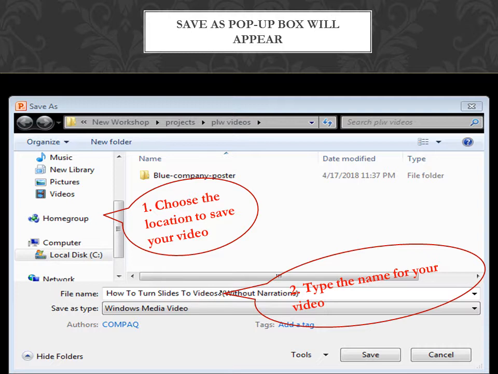As you can see here, I have the name for my video as How to Turn Slides to Videos with Narration. Now when you have set the name to a name of your choice, you can proceed to click the Save button. On clicking on the Save button,